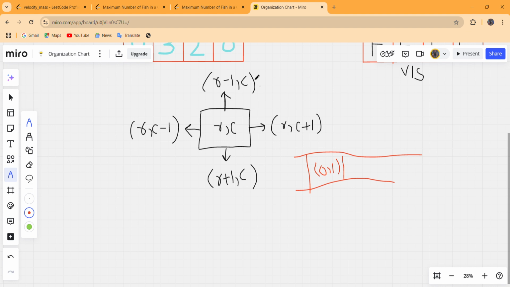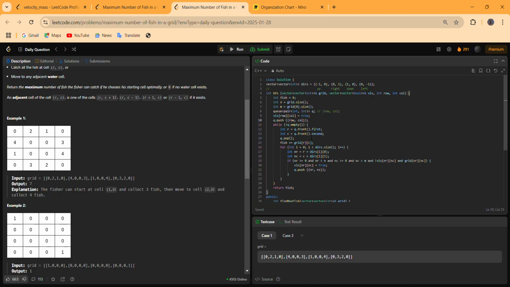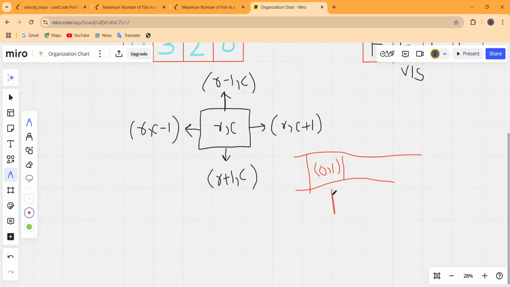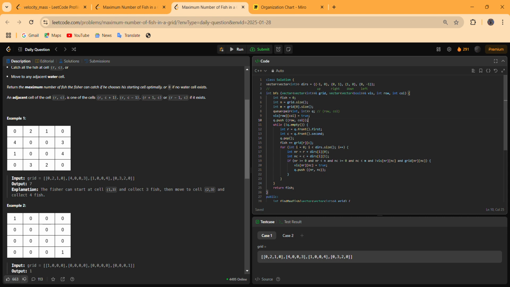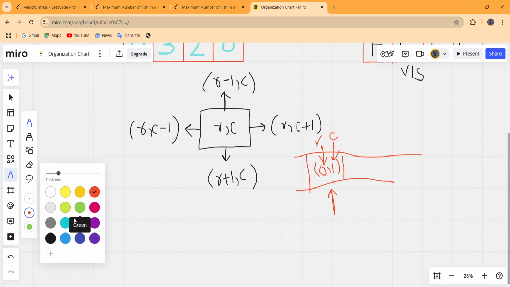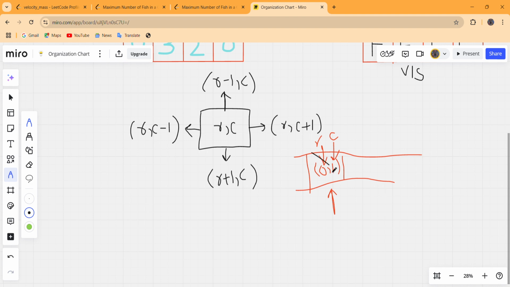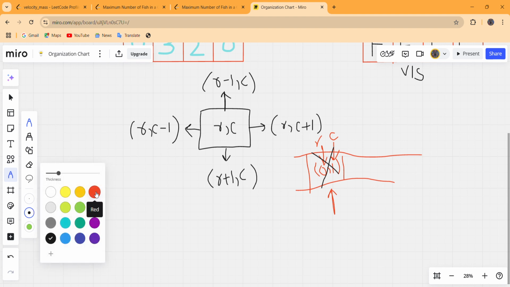The queue is not empty yet, so we will find out what the r comma c in the queue are. queue dot front is pointing to this 0 comma 1, and the current row is this 0. That means this is r and this is c to us, like this. We will pop this out from the queue. So now we are popping this out, so like this the queue is,